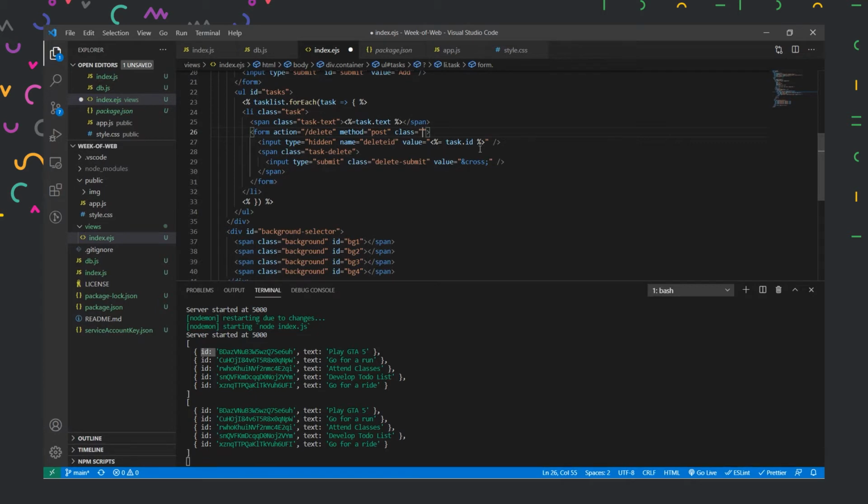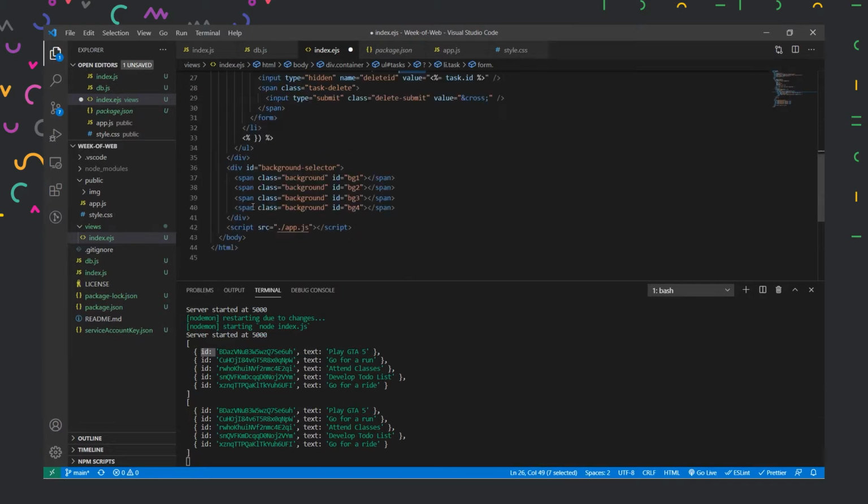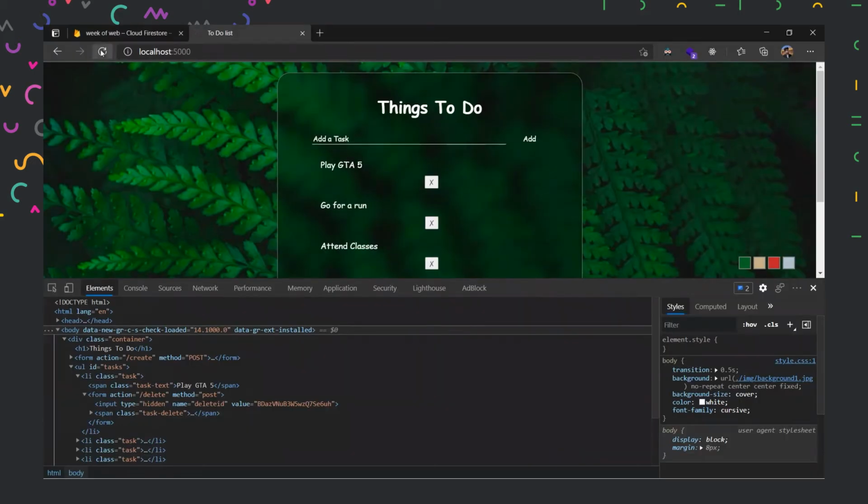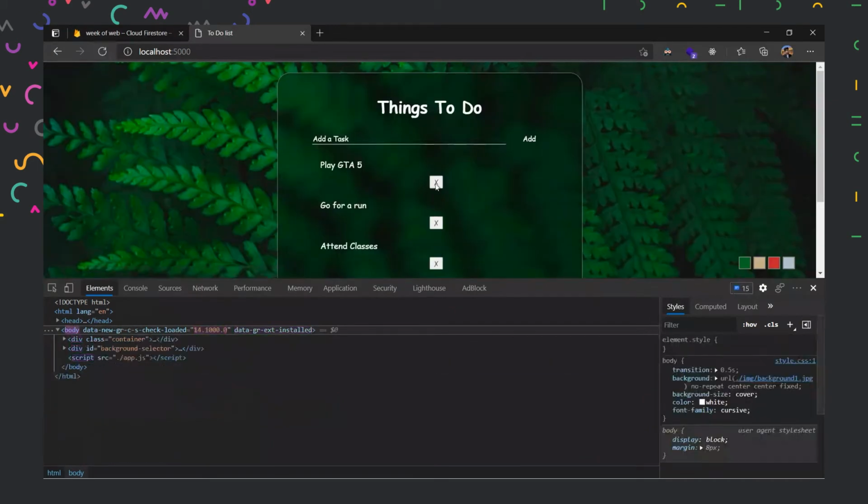Or let us not just use the class itself, we can just give it an inline style, right? I haven't shown you inline style yet, right? Yeah, I have shown you class and ID, and I haven't shown you inline style. So what I'll do is put the style attribute here, and I'll put display, and inside display I'll just type inline-block, and when I save, let us see our website. It is still not fixed. So let us see why.